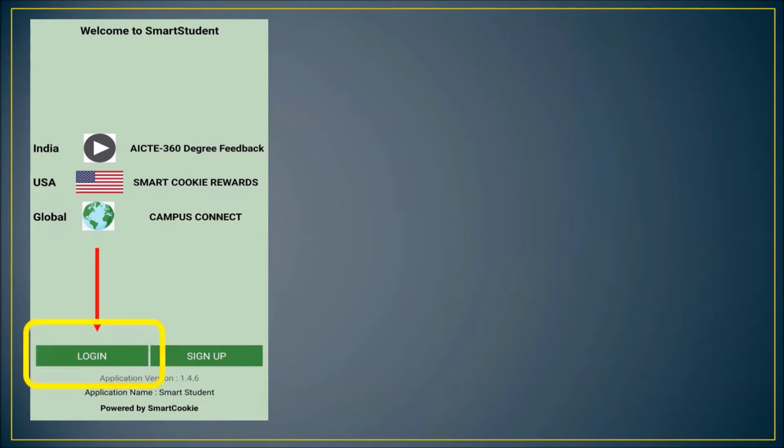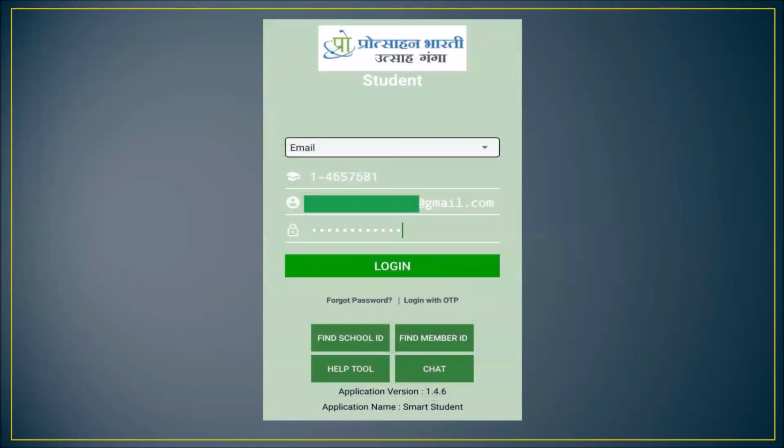Once you click on the login option, it will take you to the next screen, wherein it will ask you for your login credentials. Login credentials will be shared with you, wherein your email and password will be shared with you. By default, let the email option be as it is. The second option is the institute ID, which is constant for everyone as seen on the screen. The third option is your email ID, which will be shared, followed by the password that will be shared with you. Once these details are put, click on login.